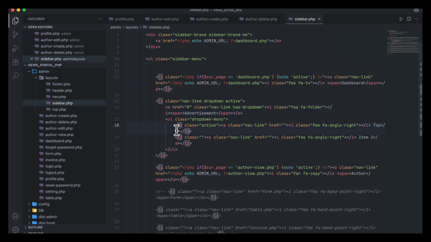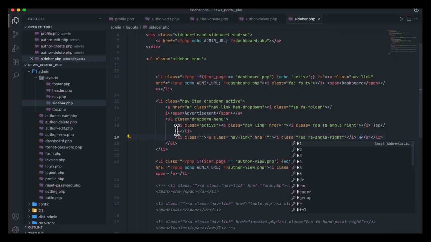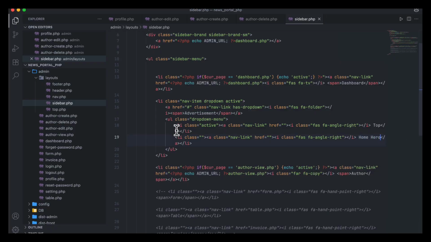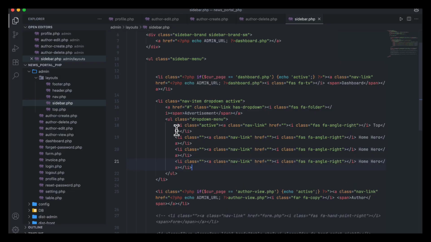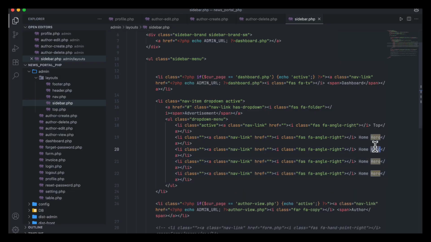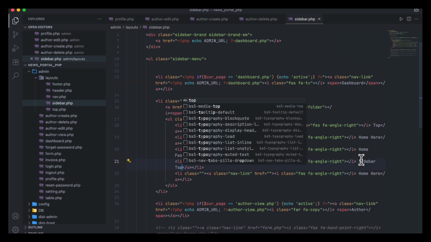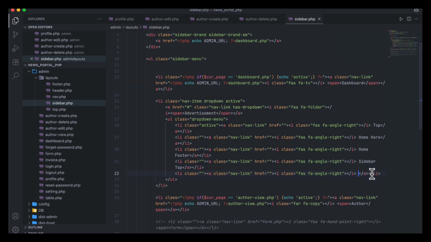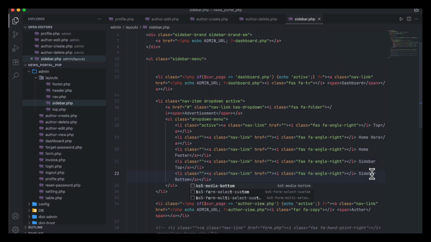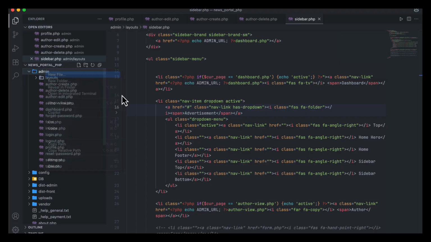So that is the top section, and here is home hero section, and then I am going to write all others. Home above footer, or here you can also write only home footer, that is also okay, home footer. And there is sidebar top, so here is sidebar top, and another one will be sidebar bottom. So these are the sections, and I am going to create in the admin some files, that is